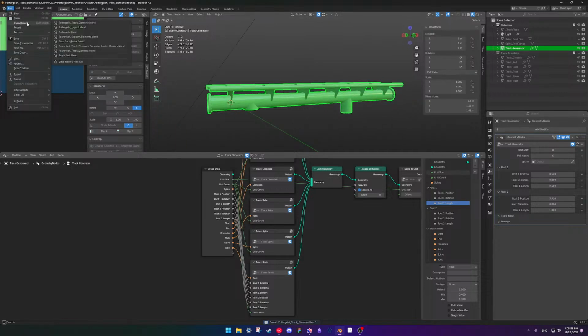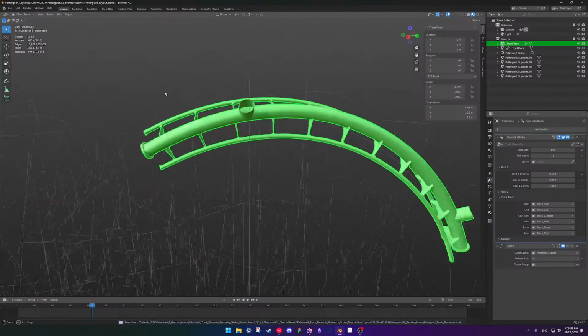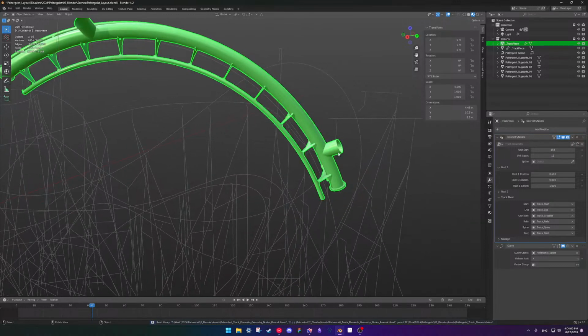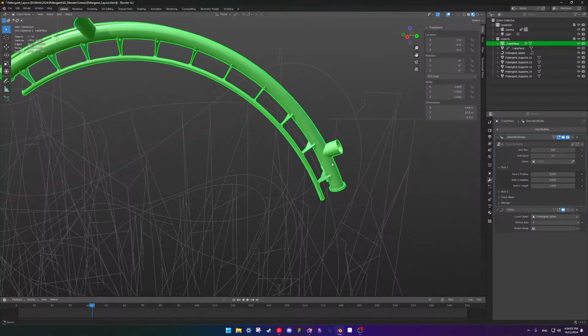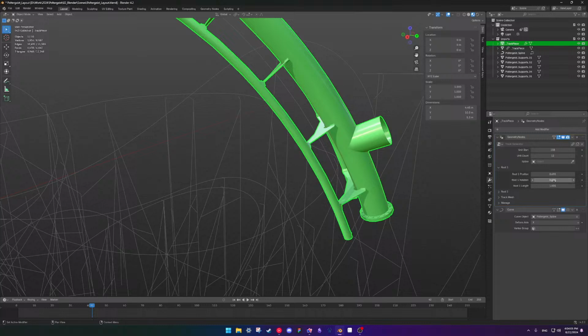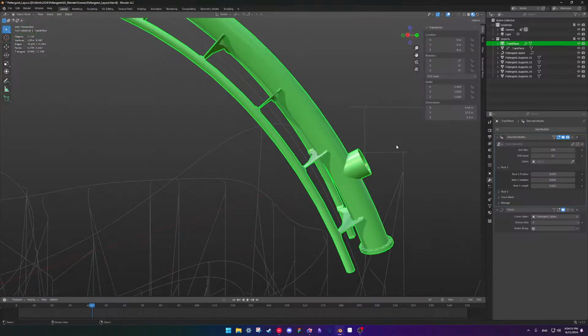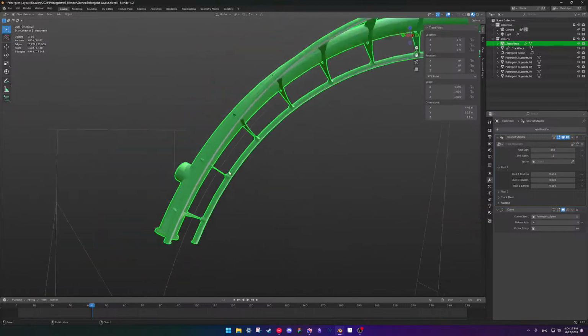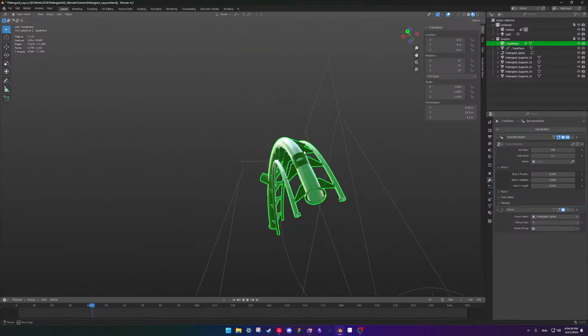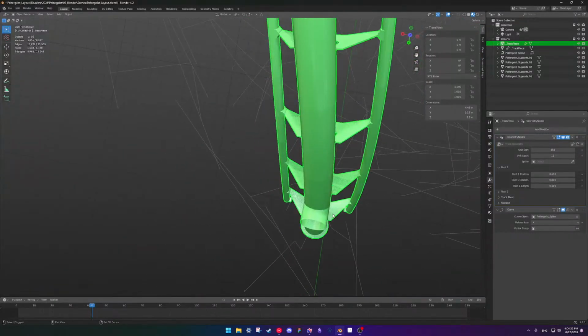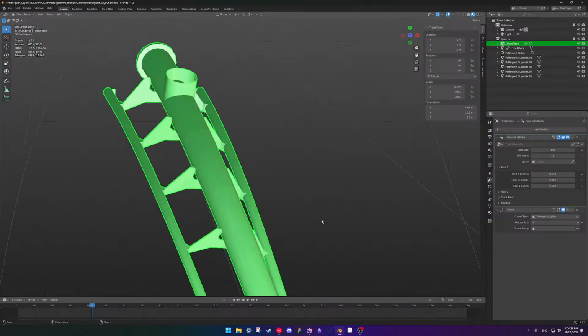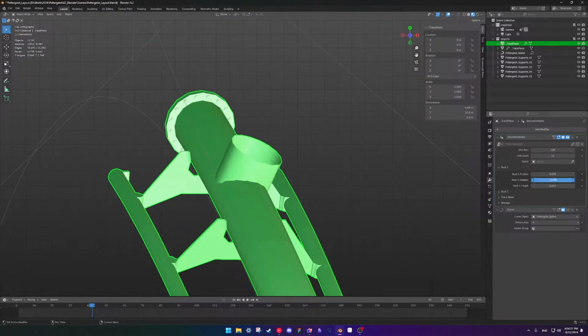Let's go back to layout. So I can just go up here. And then the rotation could come over.